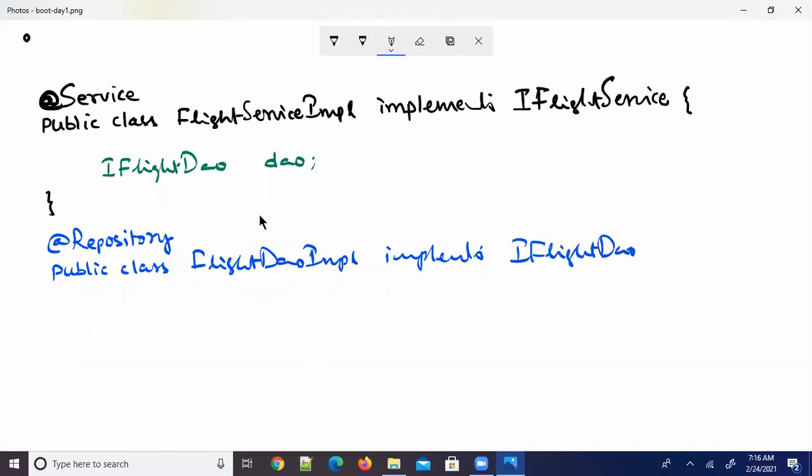Its implementation is FlightDAOImpl. Assume that there are some DAO operations defined here.